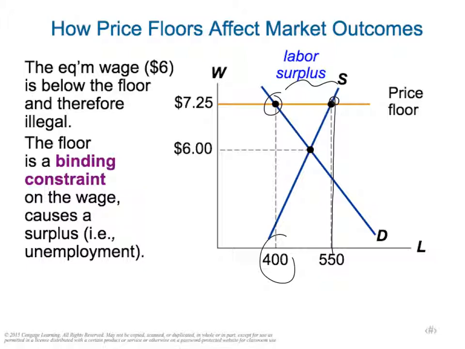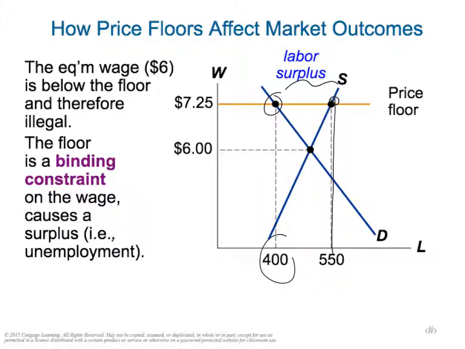The minimum wage raises the incomes of those workers who are working, who find a job. But unfortunately, only around 400 hours of labor can be filled with this $7.25 wage. But it lowers the incomes of workers who cannot find a job. To fully understand the minimum wage, keep in mind that the economy contains not a single labor market, but many labor markets for different types of workers. The impact of the minimum wage depends on the skill and the experience of workers.